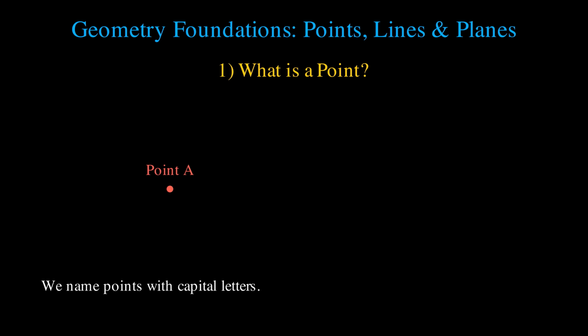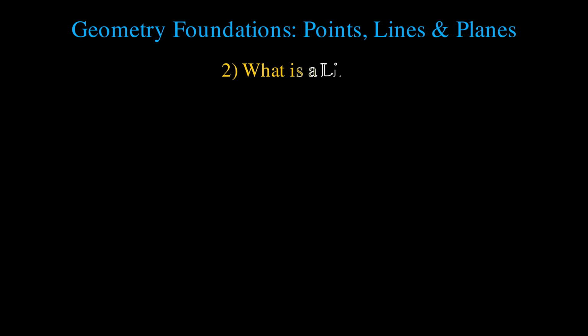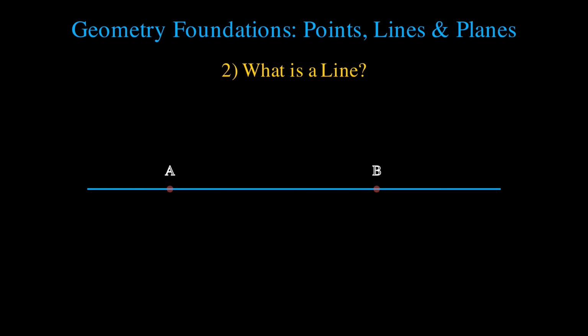So remember, a point is simply an exact location. A line is straight and continues forever in both directions. One important idea in geometry is that 2 points determine a line. In other words, if you know the location of 2 points, you can draw exactly one straight line that goes